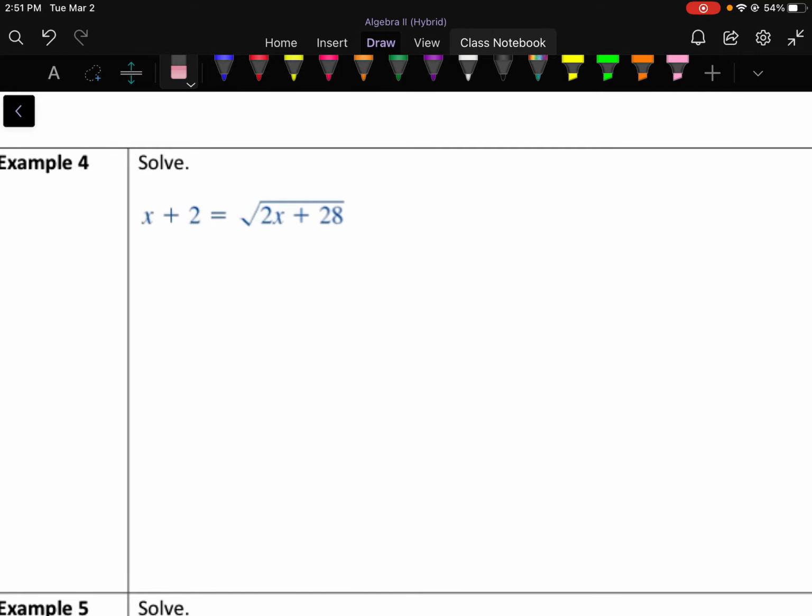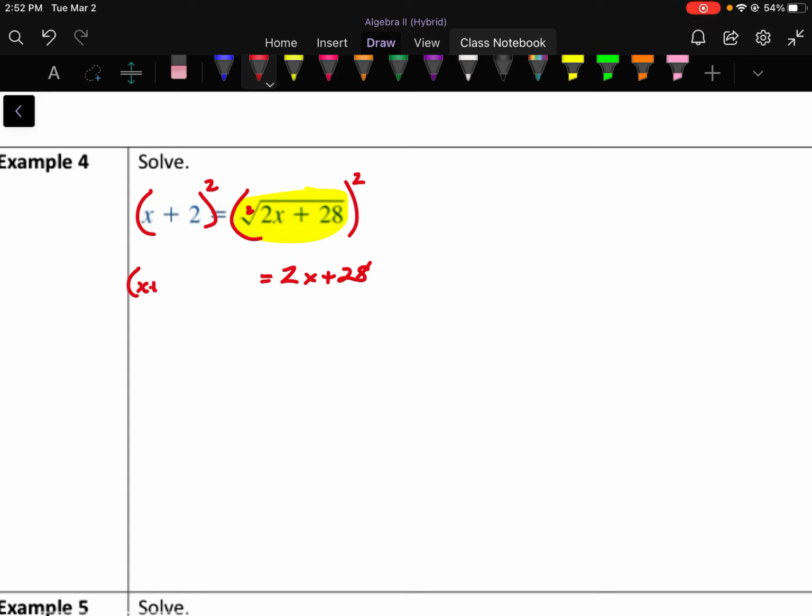All right. So here we have probably the most difficult type of problem because it's going to involve quadratics when it's all said and done. So we only have one radical, so our goal is to isolate the radical. Well, here it is. So now we need to think about how we're going to undo it. My index here is 2, so I need to raise this to the second power, but I also need to raise the entire other side, the left side, to the second power as well. Okay, so the right side is pretty easy, 2x plus 28. The radical is undone by the exponent, nothing tricky there. But the left side, what that means is I have